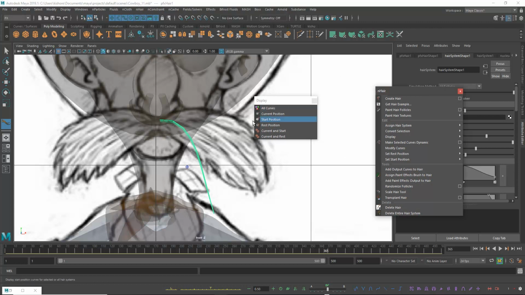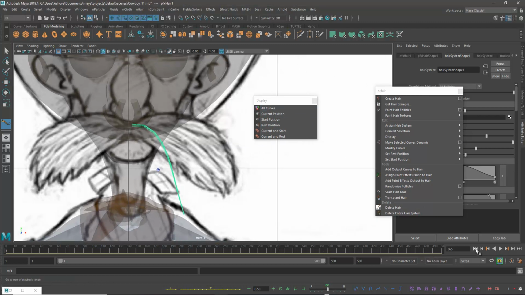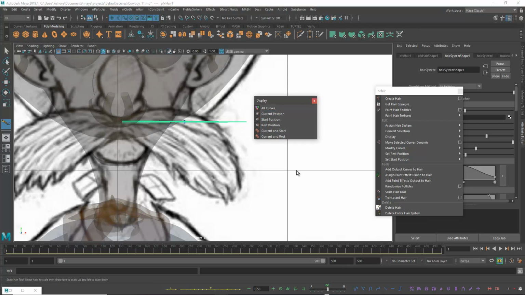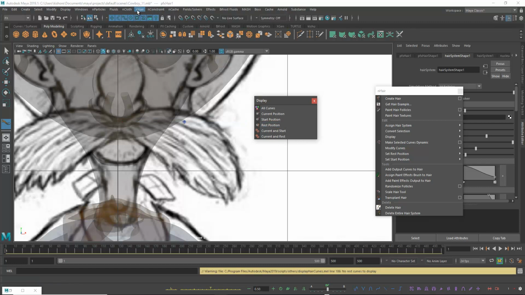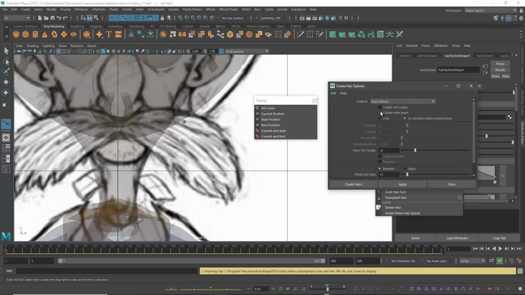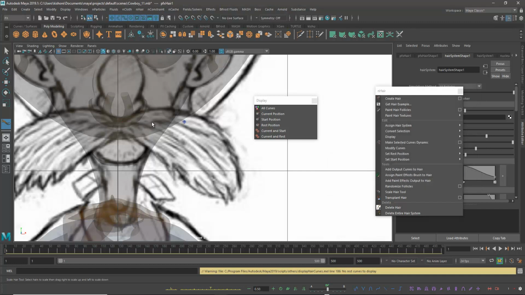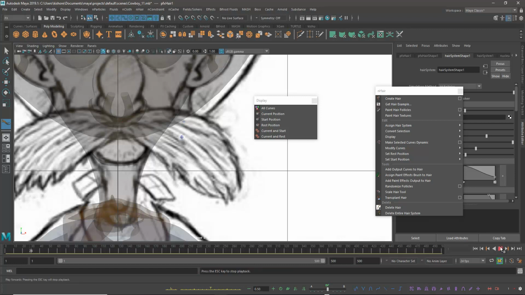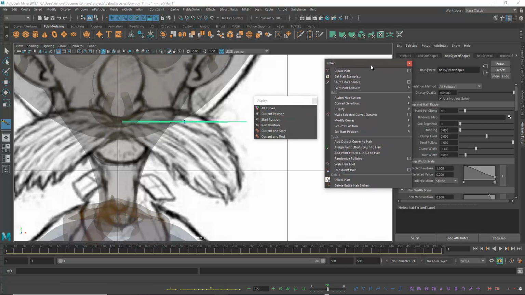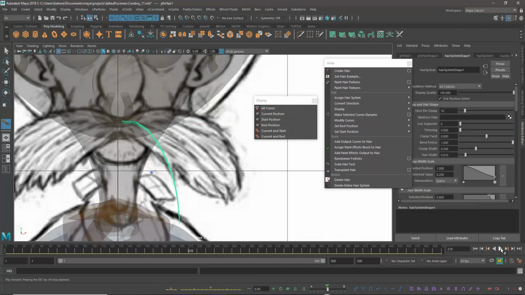Generally, let me go back, you can see just right now what we are seeing is the current position, okay. Start position, rest position we have not taken. When we are taking hair system, we have to enable rest here, then only you will get it. Before, we have not enabled it, we don't need it also. This is just static, not simulated, okay. That means the current position, once we play, it is being simulated, right.